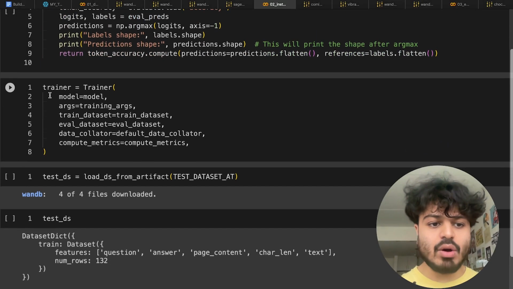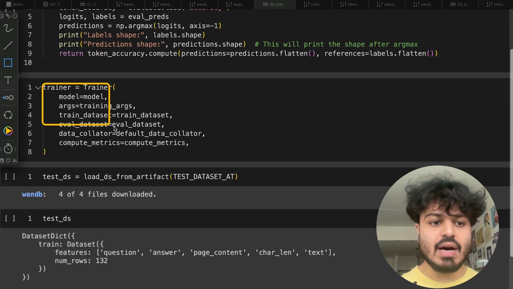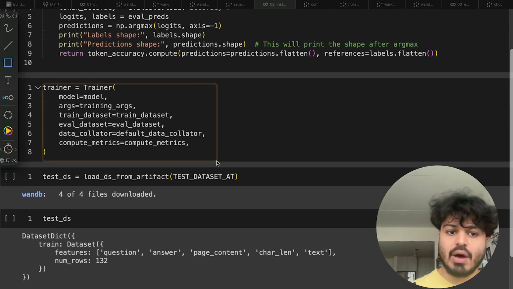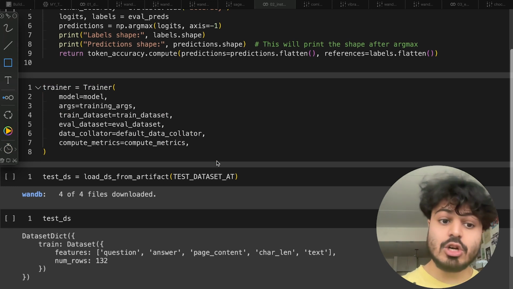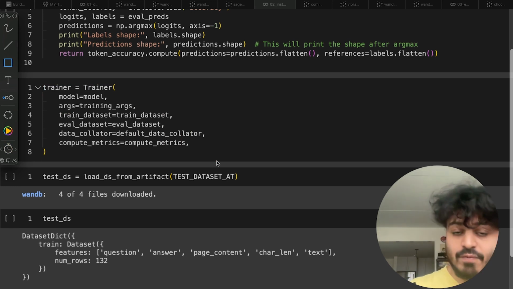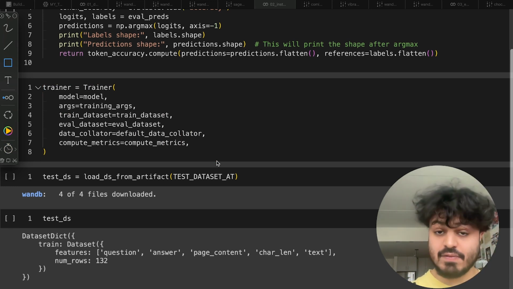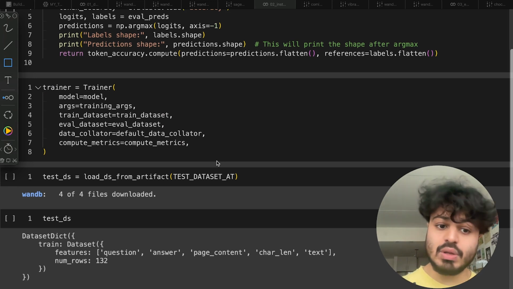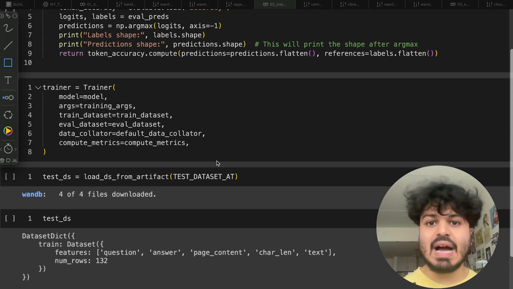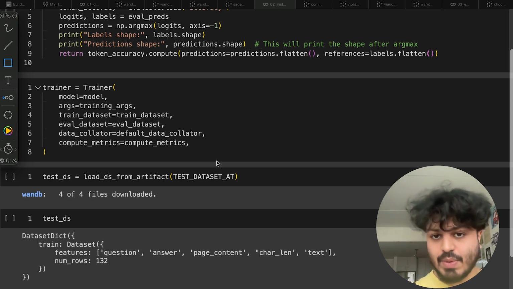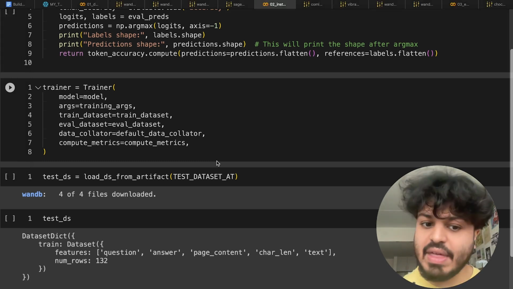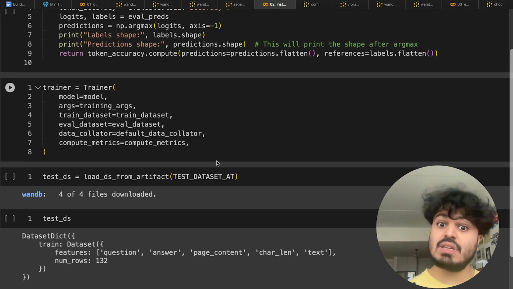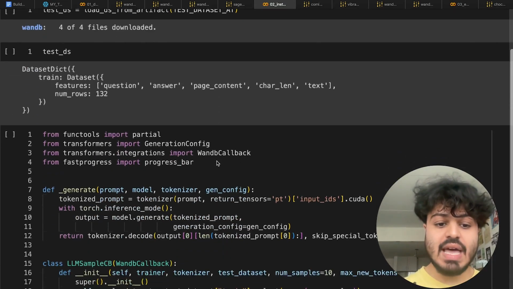And then we can provide all that information into the Hugging Face trainer, where we've defined the model, the training arguments, our training and evaluation dataset pre-formatted from the previous step coming from our Snowflake database, any definitions regarding how we want to collate data, and also provide metrics such as evaluation accuracy. So now that all that information has been defined and configured, we can pass this information to the Hugging Face trainer, which will then